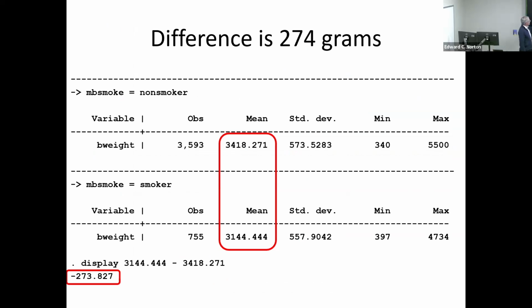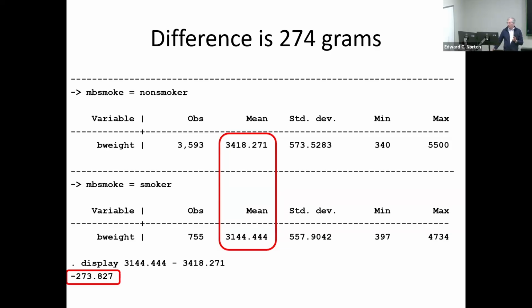If we just look at the simple difference in weight by non-smokers versus smokers, we get a difference of almost 300 grams, 274 grams. The mean weight for non-smokers is 7.5 pounds. If you prefer to think imperial weights, this is just under 7 pounds. The difference here, 274 grams, is about 10 ounces, to use a third measure of weight in the same slide. So we have 10 ounces on average difference in birth weight. That's a huge amount. That's more than a cup, right? So that's a huge difference.